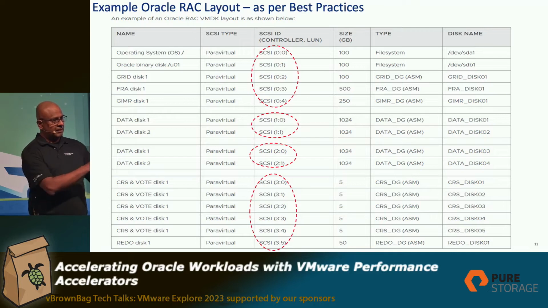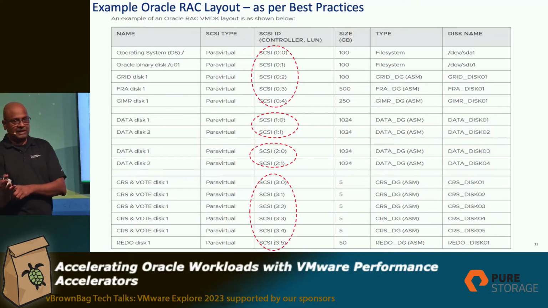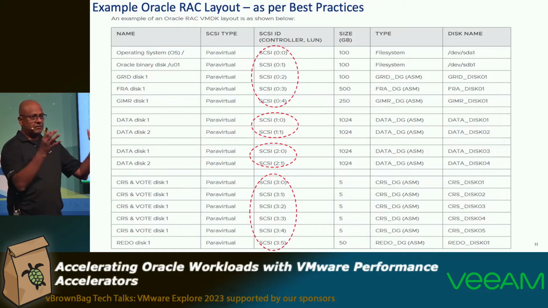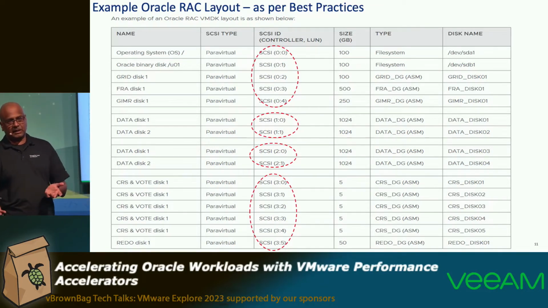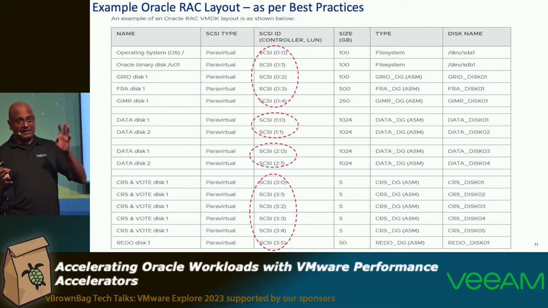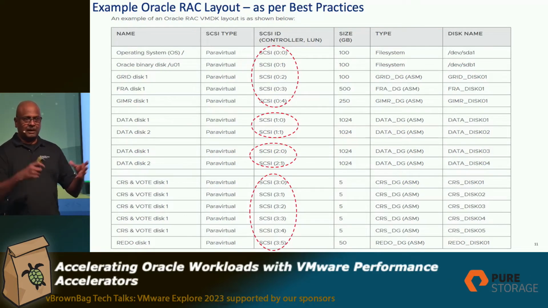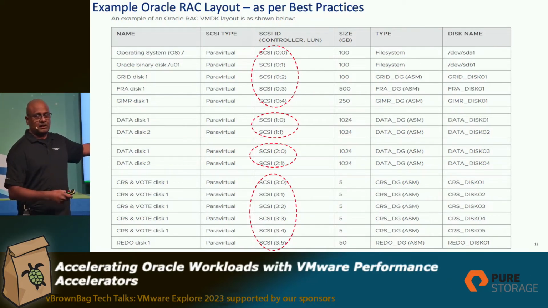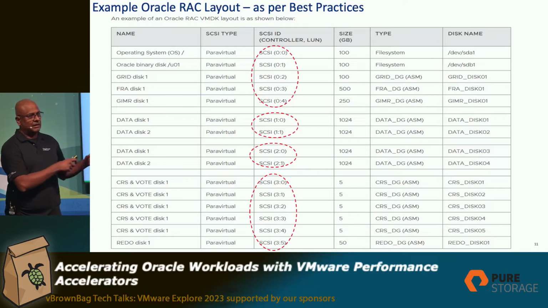I'll just run the report from 9 to 10. These are the batch SQLs that were running. This guy ran a batch SQL and something happened here. I can use it for performance tuning. I can use it for troubleshooting, right? That AWR is that double-edged sword. That's what will help you determine, do I need to put my data, my temp and undo on the same VMDK, on the same PV-SCSI controller, or can they go on different ones, right?